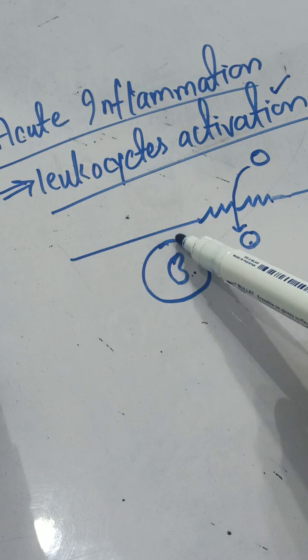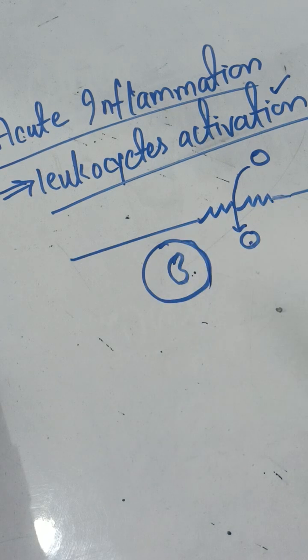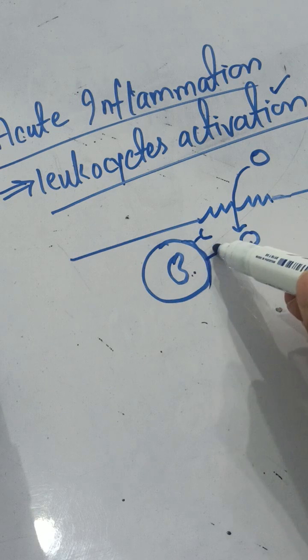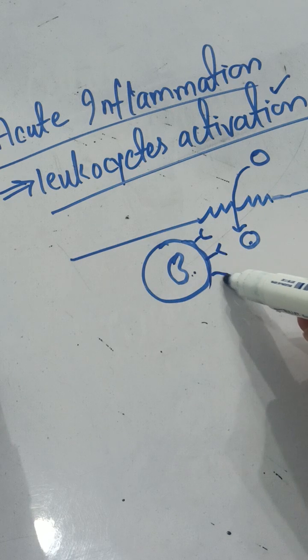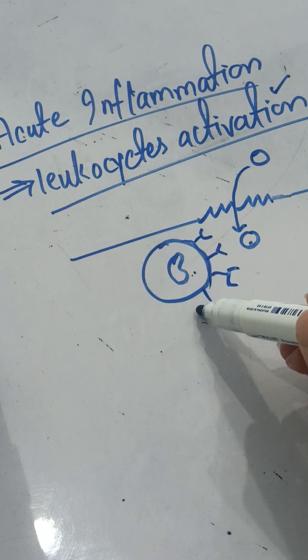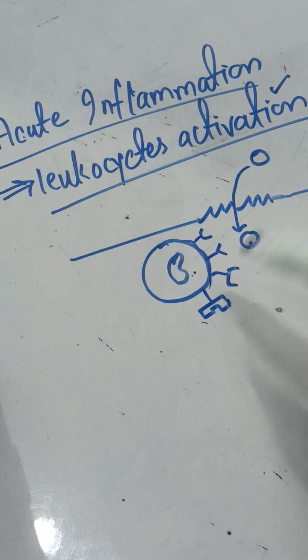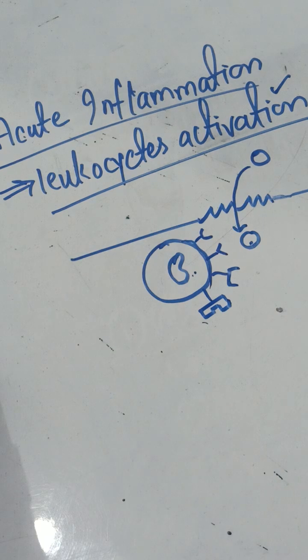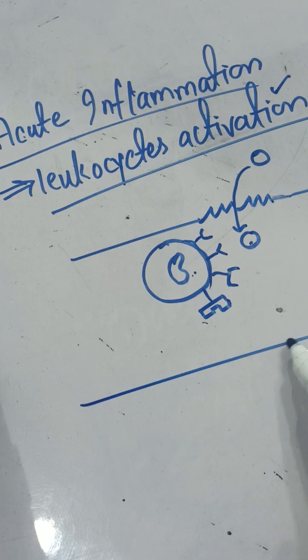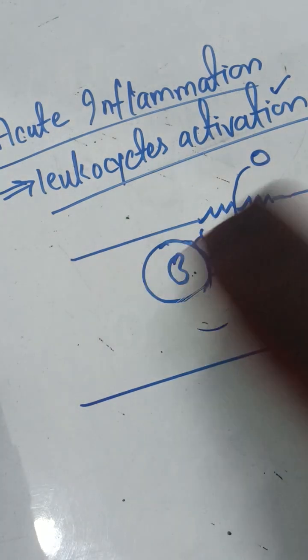So how will it activate? Its surface consists of so many different kinds of receptors, and every receptor is going to perform its own function. I have drawn different shapes for the different receptors present here, and now we will discuss every receptor, which thing binds to that receptor, and what is going to happen. We will study that. First of all, this is the wall of your leukocyte. I am enlarging this part so that you can clearly see what is happening here, and it will be easy for you to understand.